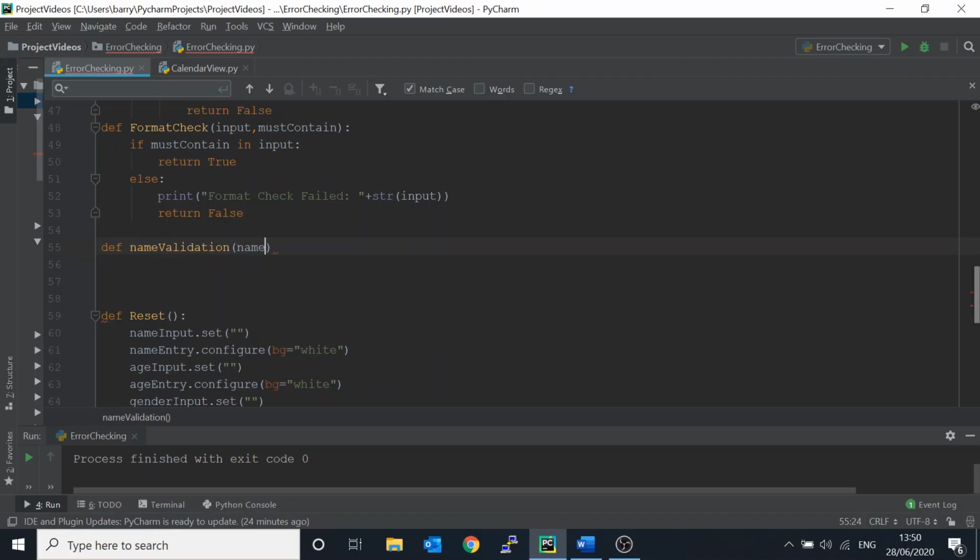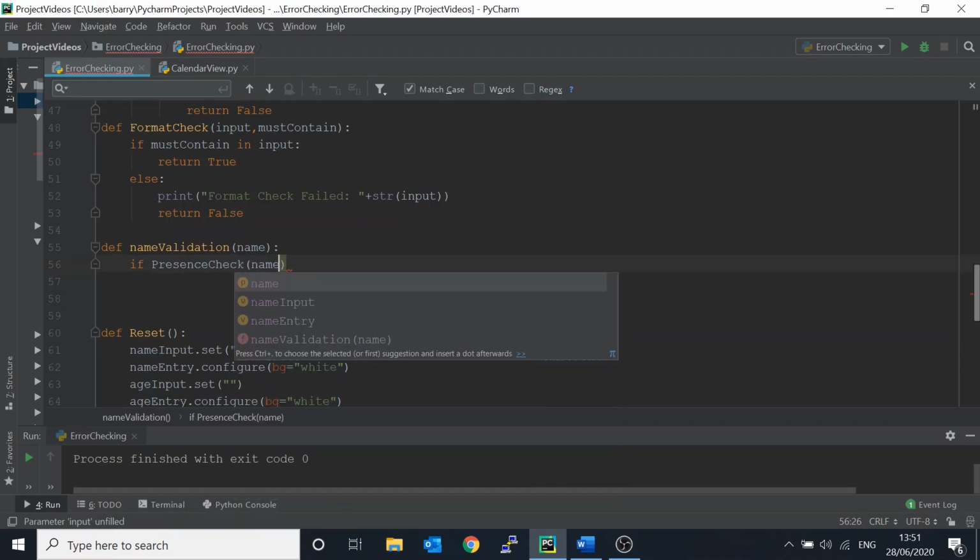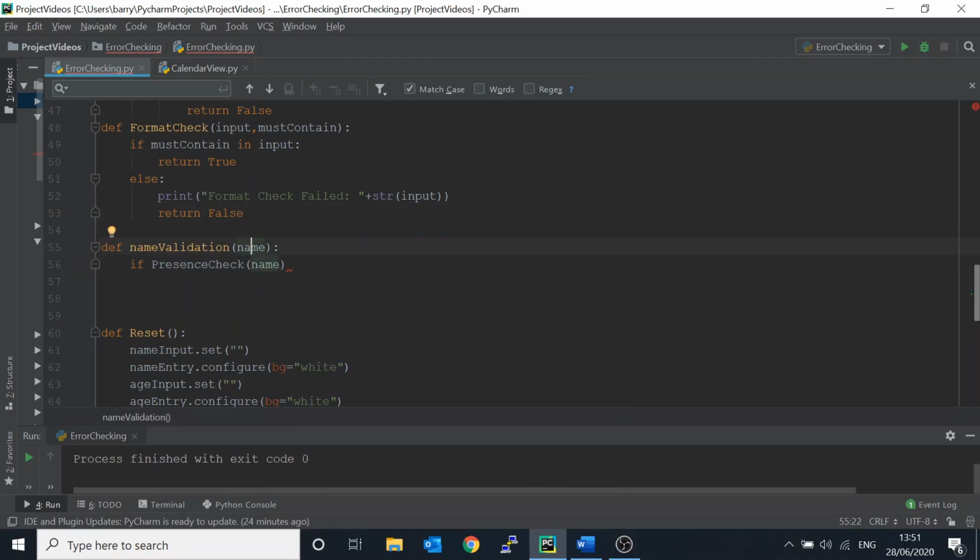So the user's gonna input a name. So we'll say define name. Okay, so here we go. If presence check, and then we have to pass in our input, which is name. Remember that we're passing in the name here. That's going to be the user's input. So if presence check name